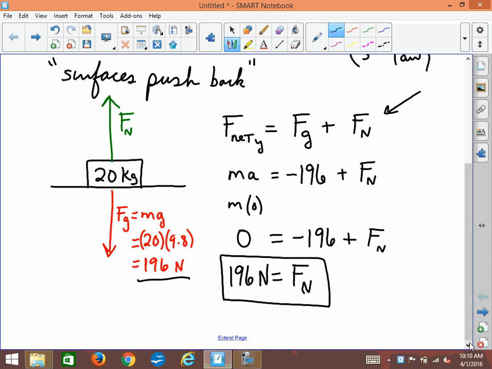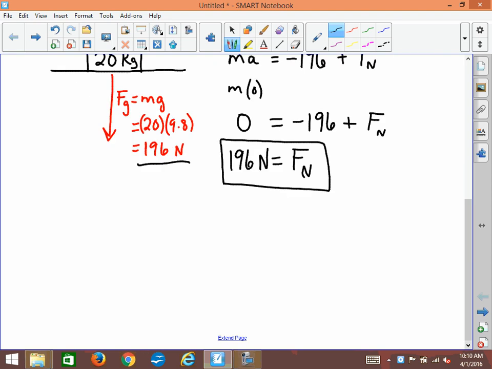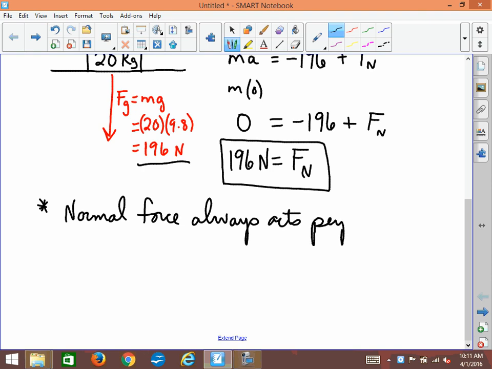Now, the interesting thing about normal forces is there's two important things that they do, two little stars. One, the normal force always acts, and this is why it's called the normal force, perpendicular to the surface that it's acting from. Surfaces can only push straight up or straight sideways. In other words, perpendicular to themselves. They can't push on weird angles. Normal forces always act perpendicular to the surface